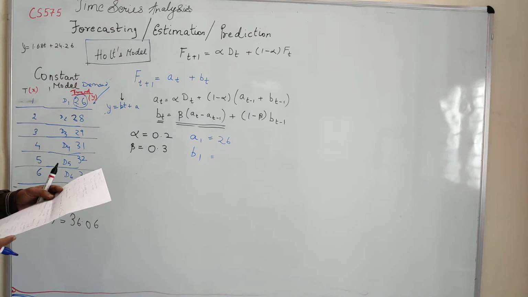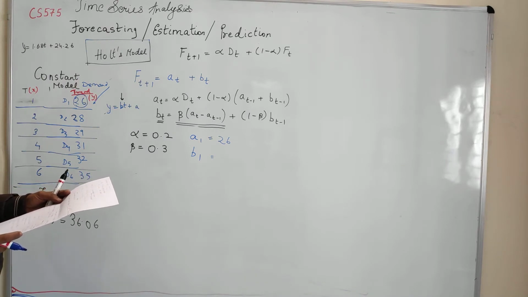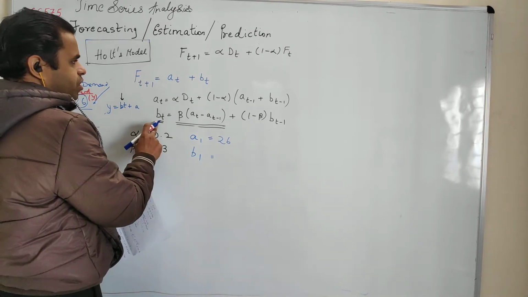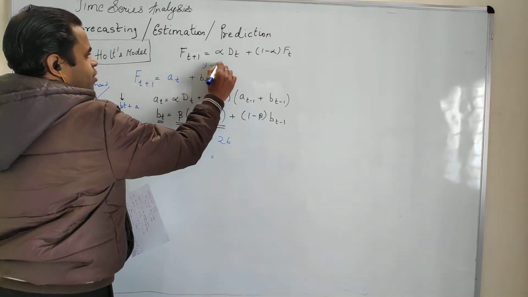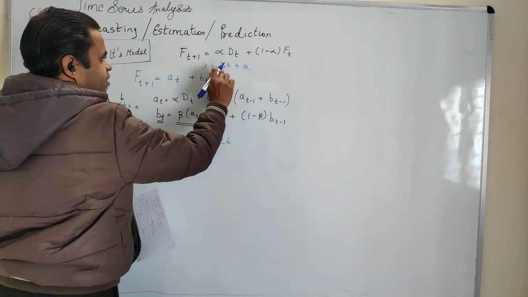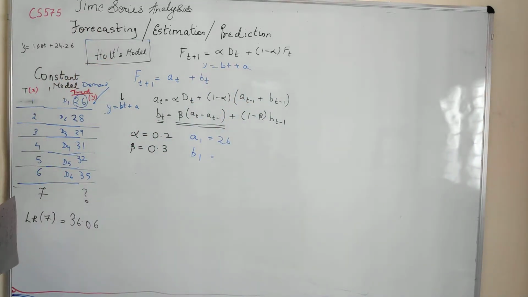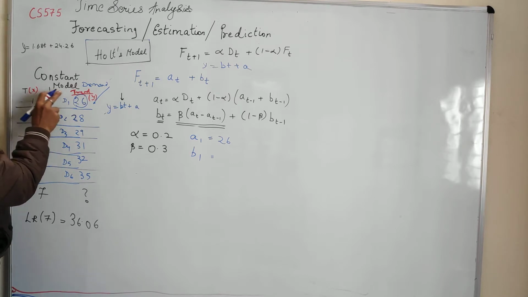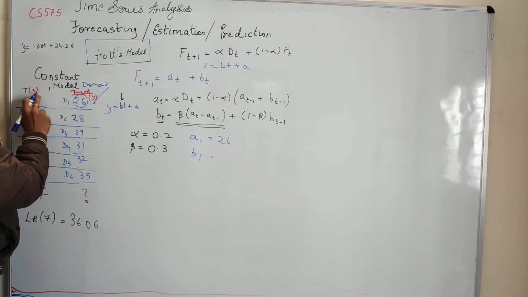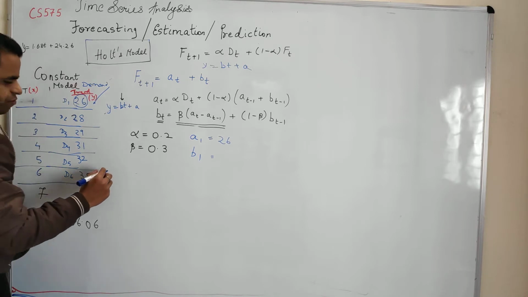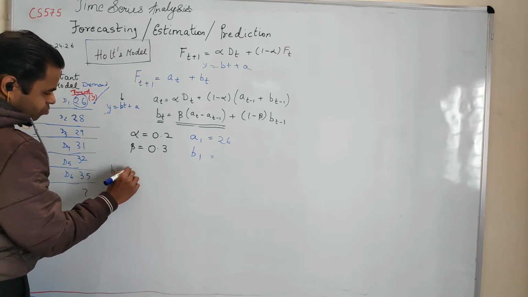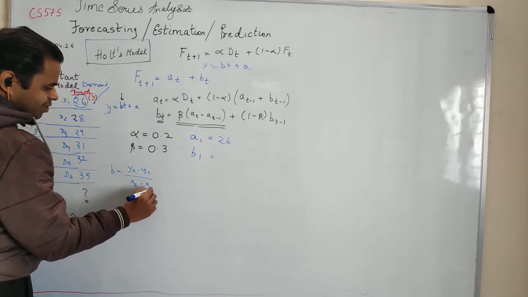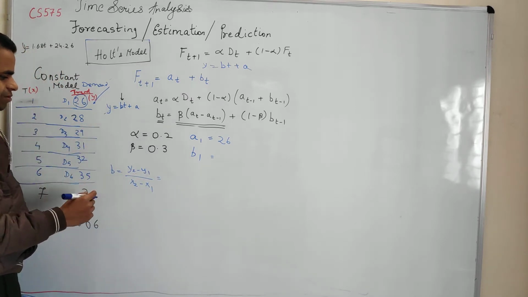Similarly, for the slope, because b represents the slope here, we have our equation as y equal to bt plus a. Now you want to calculate the slope, so you have two points x and y. This is of course time and demand, but I can take it like a coordinate system x and y. In a normal situation, you take y2 minus y1 upon x2 minus x1. Simple basic algebra.